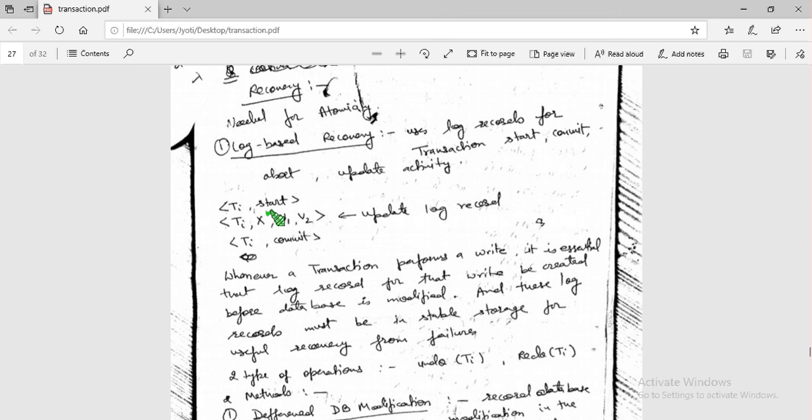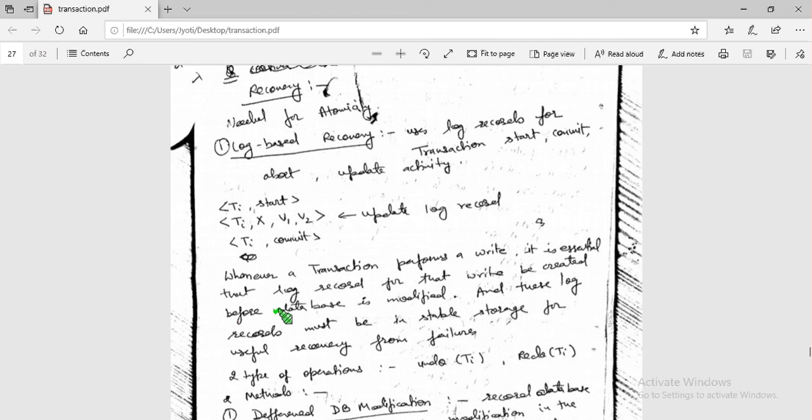Then <Ti, X, V1, V2> is the generalized form of an update log record. This says that in transaction Ti, the data item X is updated, the old value is V1 and the new value is V2.